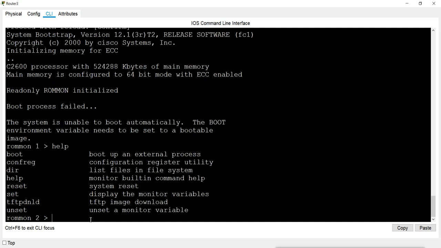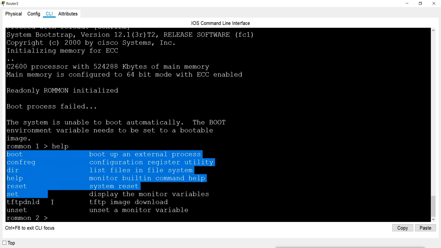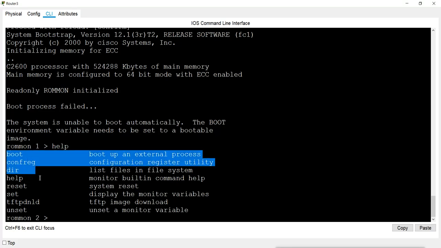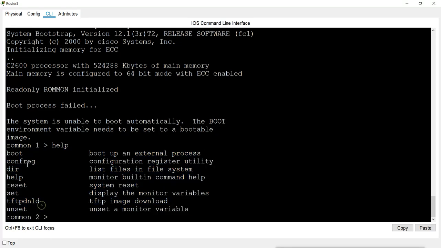Now what commands do we have? We have totally only these commands. Now what commands are here? There is the boot command. Boot does what? Boot up an external process. That means it can boot from an external source, like we can boot it from the TFTP server.